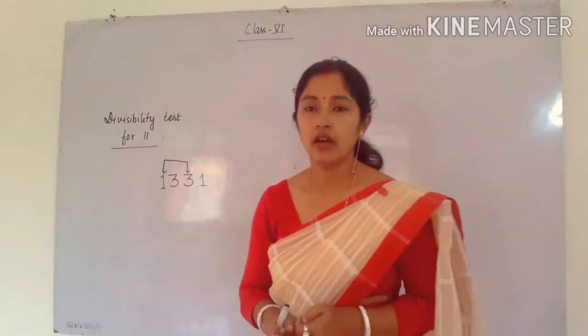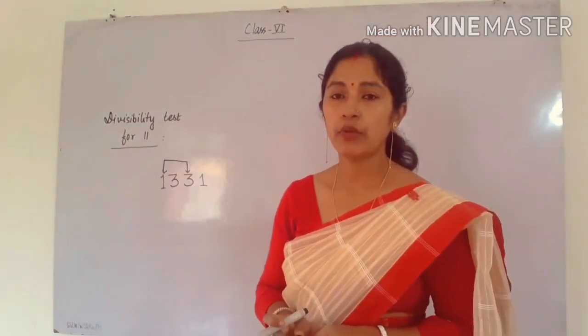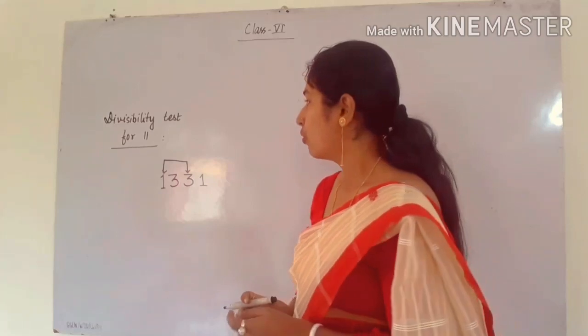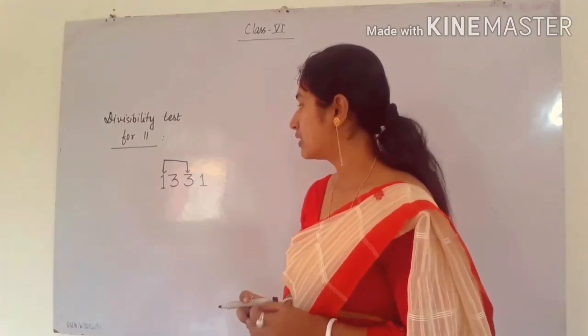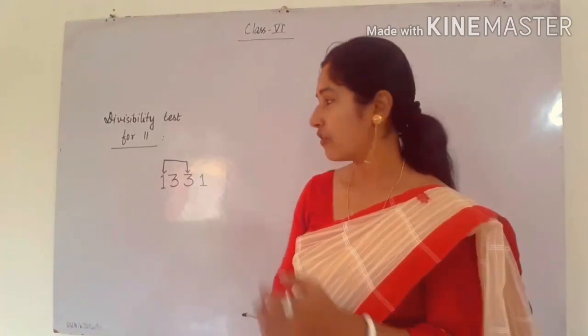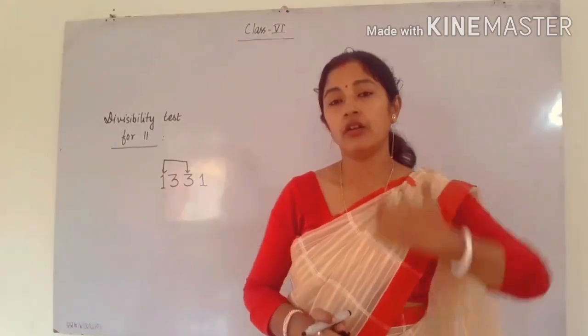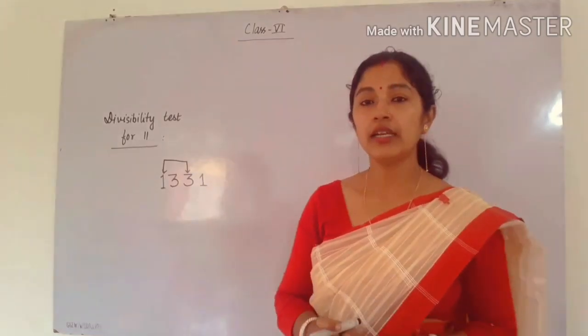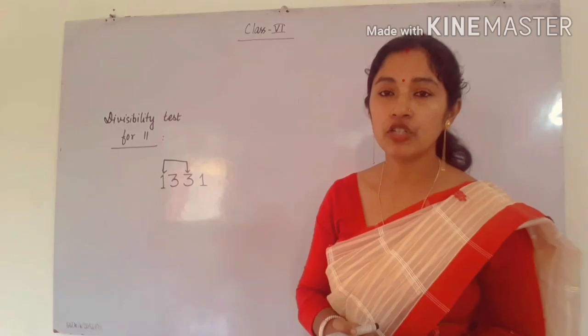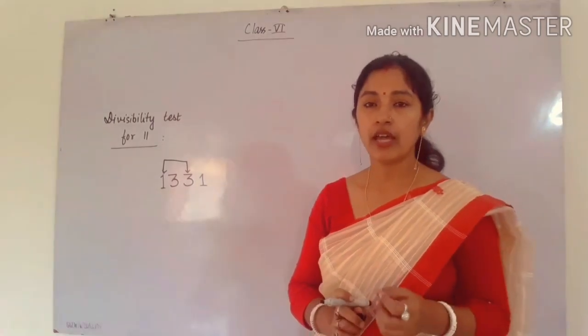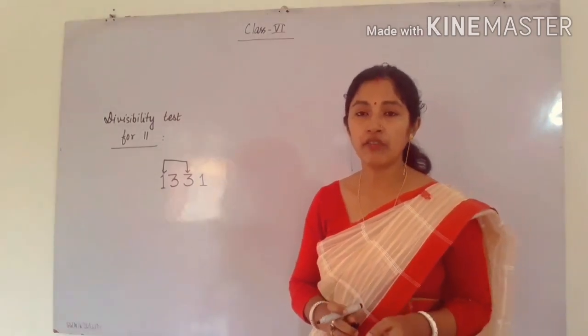Next is the number divisible by 11. So what is the divisibility test for 11? Suppose a number is given, without doing direct division, how can we check that a number is divisible by 11 or not? See,